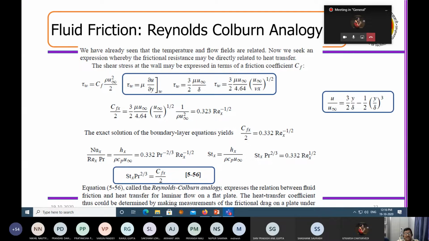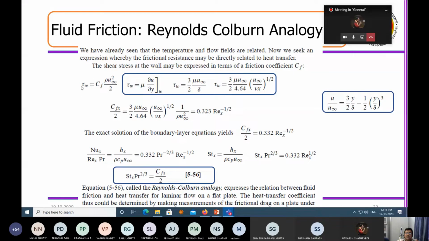First there will be friction, and then there will be heat generation. Now, when the heat is generated, it will be convected. That heat also will be convected alongside the gradient of temperature that you are maintaining. So these are all taken in together when you go towards the wall.